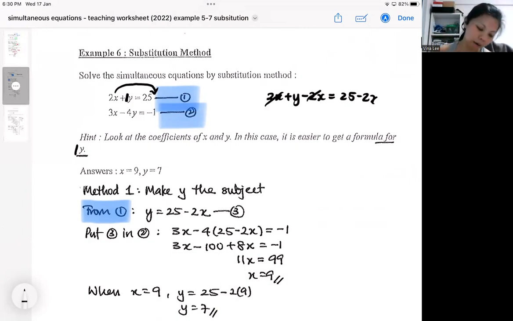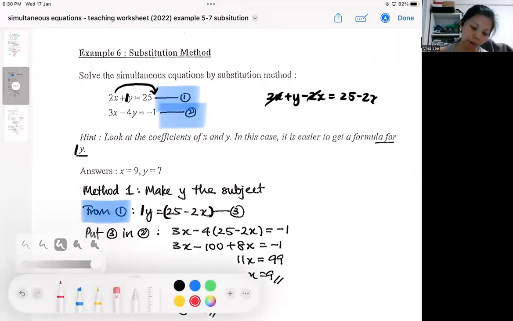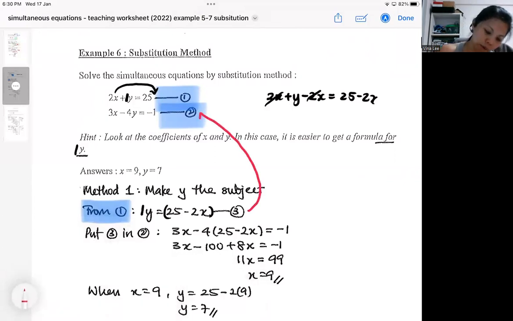So that's how I got my subject, which is my formula. So I've gotten a formula for 1y. And where does it come from? It comes from equation 1. Do not put into equation 1. Put into the other one that you have not used. So change the y to the formula. So y has a formula. Think about y as this. So you change your y,